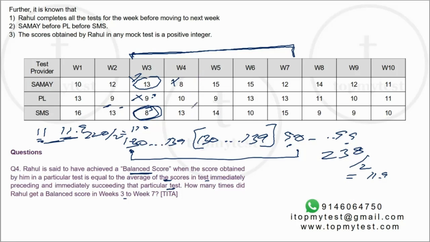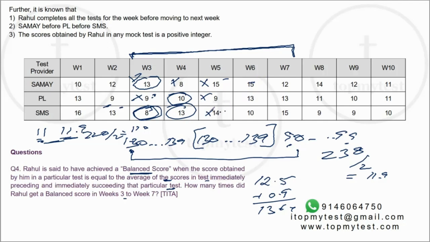8 and 13. Can it result in an average of 10 to 11? Possible. 8 plus 13 is 21. 21 divided by 2 is 10.5. Possible. This is there. 10 and 15. Can it result in an average of 13? Yes. 25 divided by 2 is 12.5, plus 0.9 will be 13.4, which comes in this range. So possible. 13 and 9 cannot result in 15. So this is out. 14 and 15 cannot result in 9. This is out. 9 and 15, can it result in 14? 9 plus 15 is 24. 24 by 2 is 12. Maximum will be 12.9. So no, not possible.